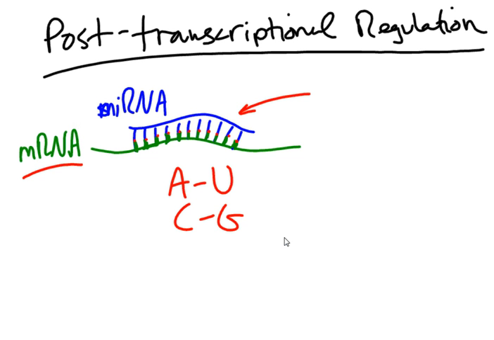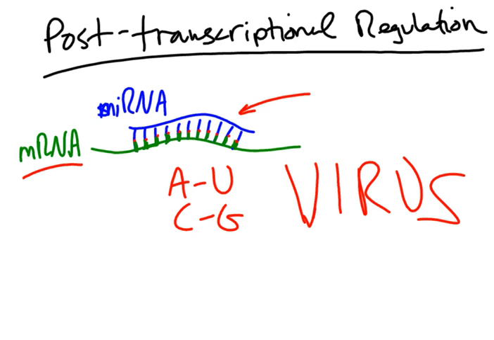Double-stranded RNA doesn't belong in us because double-stranded RNA means virus, right? So by that microRNA coming in contact with the mRNA, it kind of fools some proteins inside the cytoplasm to think that it has been infected with a virus, and then